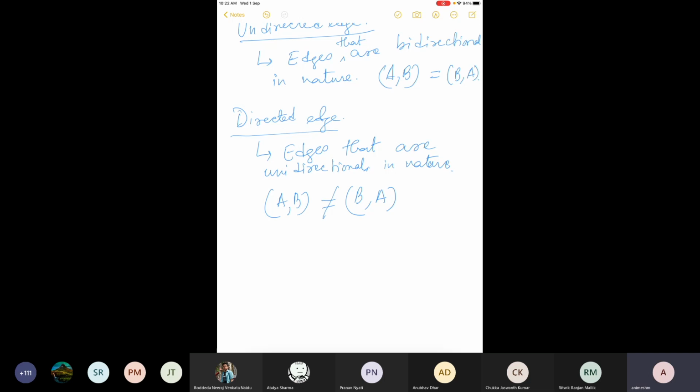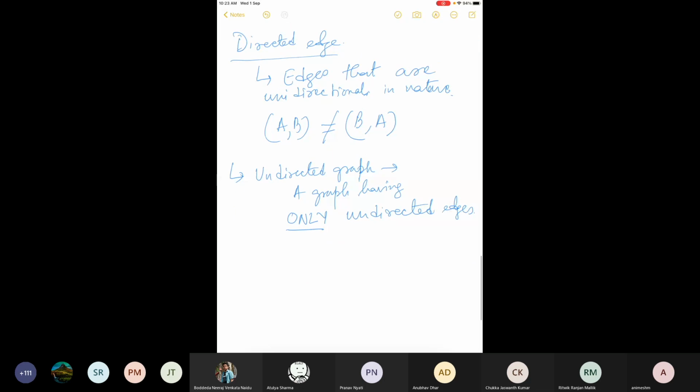Now, given the type of edges, you can have two realizations of the graph. One is the undirected graph, which is a graph having only undirected edges. The other side of the coin, the directed graph. A graph having only